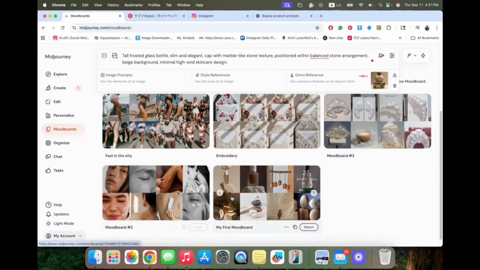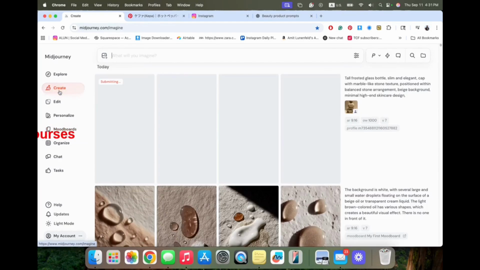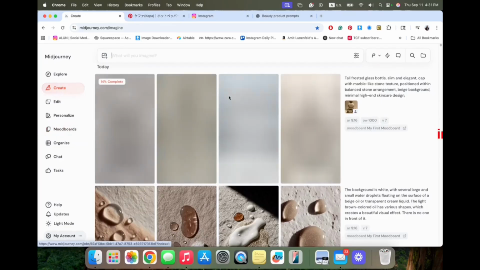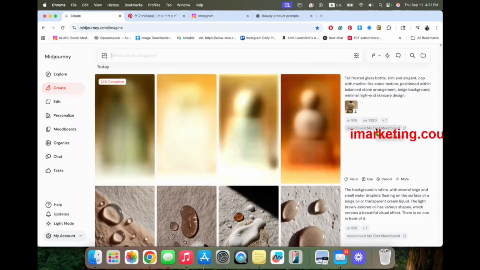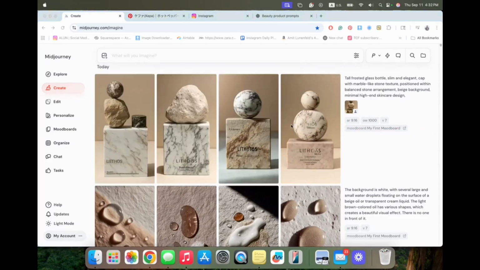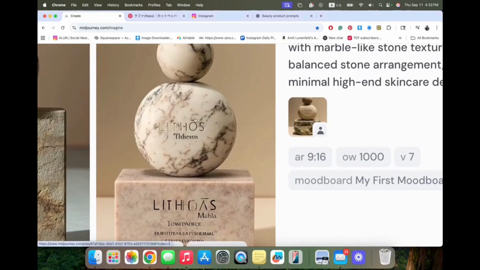So you see, this is the mood board. I'm adding it. Let's say we want the omni reference. So it will take the image and recreate it 100%, 1000%. Let's see. Sometimes it lets us use the mood board, sometimes no, but this time, yeah. With people it's more tricky. Beautiful. So you can see it messed up the text, so we don't want to rely on the text, but if we look at the Omni reference, this is the image that I gave as a reference, and this is what I got. So you guys can see how similar it is.